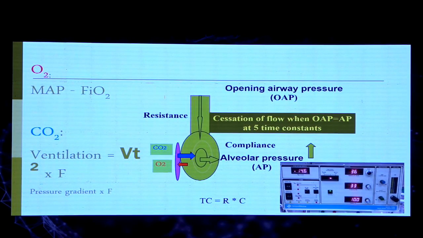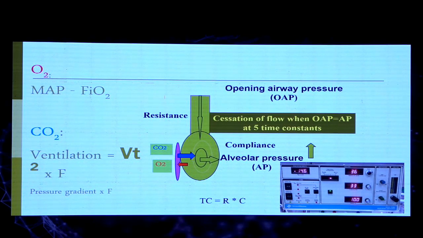Now, for the frequency, the only difference in conventional ventilation is that when you increase the frequency, you wash out more carbon dioxide. In high frequency, when you increase the frequency, your carbon dioxide will accumulate more. The reason for that, we're talking about a very high rate, 600 per minute, so the I time and E time are too short. They are much shorter than the 5 time constants, which is the minimum amount of time required to